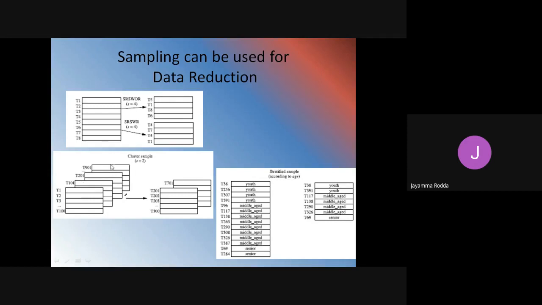This is the number of clusters that are available: 1, 2, 3, 4. M is equal to 4. Four clusters are available out of the n number of tuples. In these 4 clusters, S should always be less than M. That is, M is 4, S is equal to 2, so S is less than M.